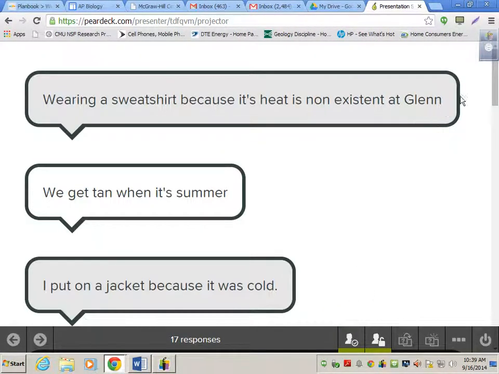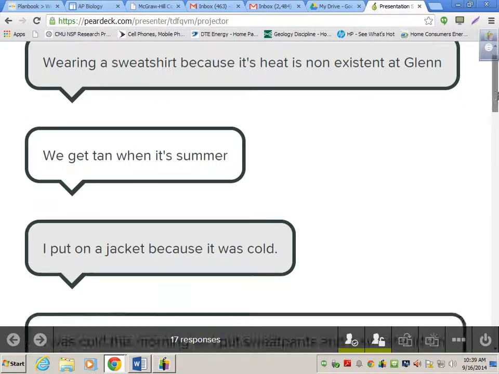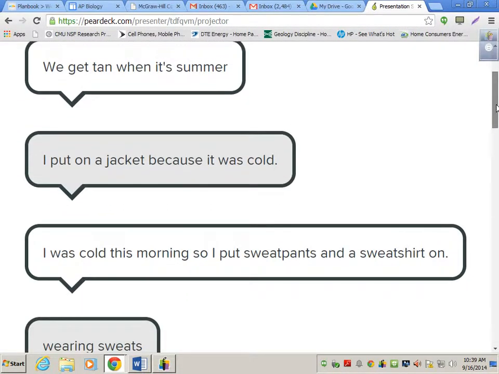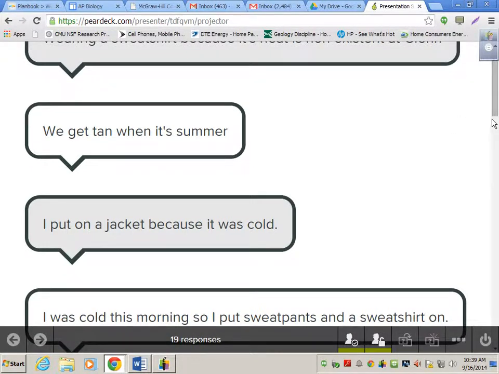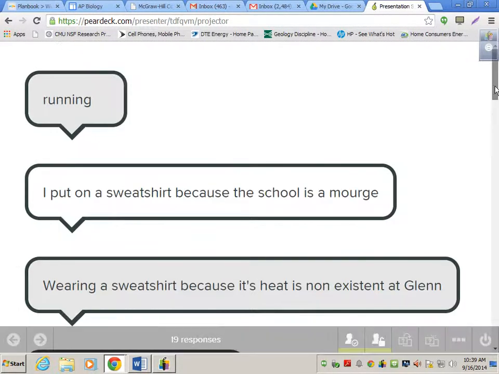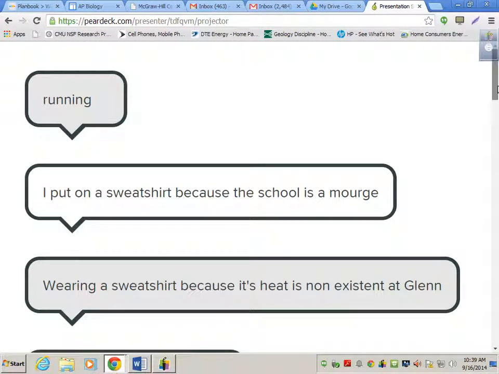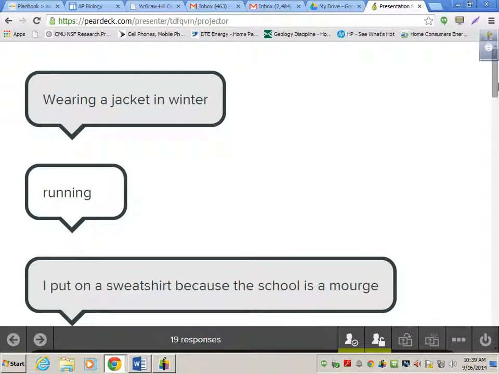Wearing a shirt, because the heat is nonexistent. I hope everybody's wearing a shirt. Oh, a sweatshirt, okay. We get tan when it's summer. Yeah, you get tan when it's summer because your body says, hey, there's a lot of sun out. We need to make a protein that absorbs some of that sunlight called melanin. And so you start making more melanin in what are called melanocytes. And then you release that fluid into your